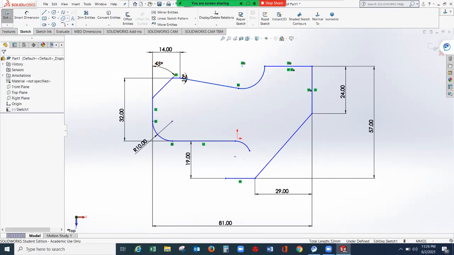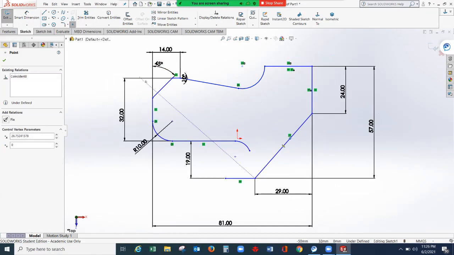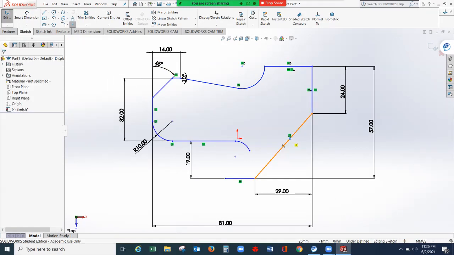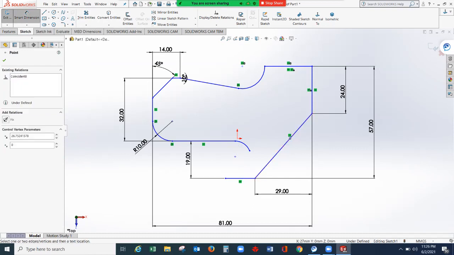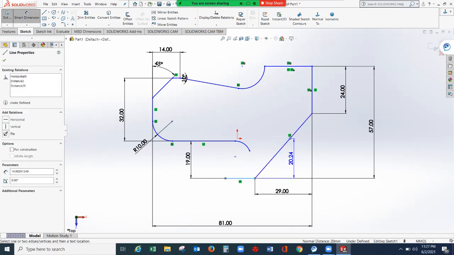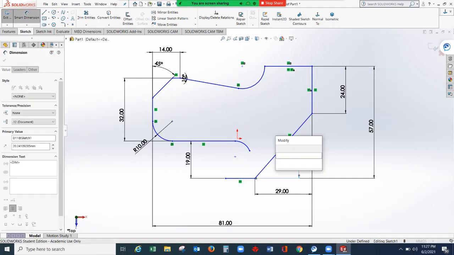I think that's it. So we can add one point. So this point is one part of our drawing. So sketch a point, select this point. We can add one point here along this line. So anywhere on this line, so just click. So this is one point. Now this point, it will become a center point if you want to draw some circle. So smart dimension, select this point and this line. We can give a distance of 19. So 19 millimeters distance from this point up the bottom.